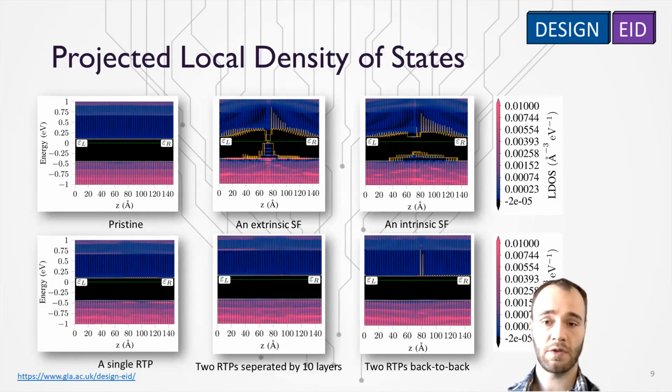For the extrinsic and intrinsic SF though, the states congregate close to the defect, leaving areas around it which are highly void of states to conduct current. Especially the extrinsic SF has a lot of defects in the band gap, a lot of trap levels. Actually, it even has so many of them that it almost becomes metallic at the defect. But because the states are still removed around it, the current is still strongly dampened.